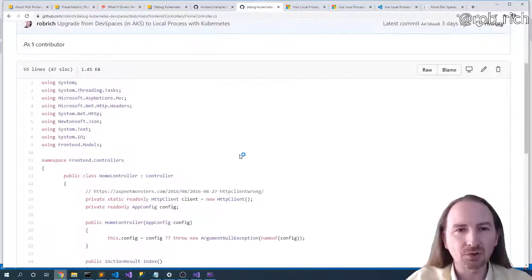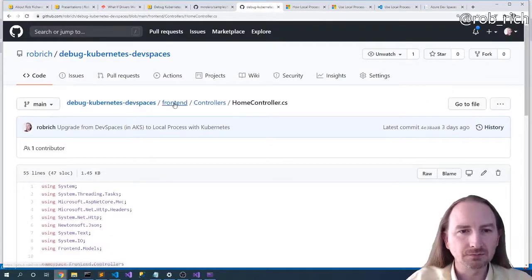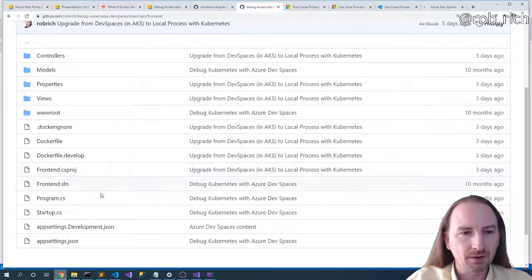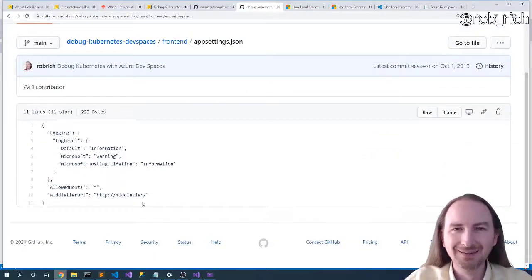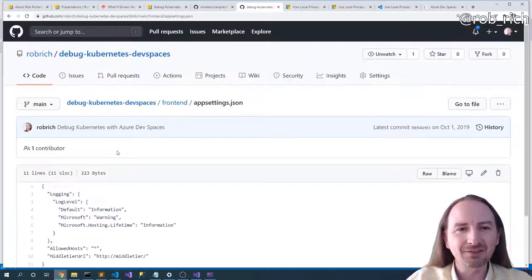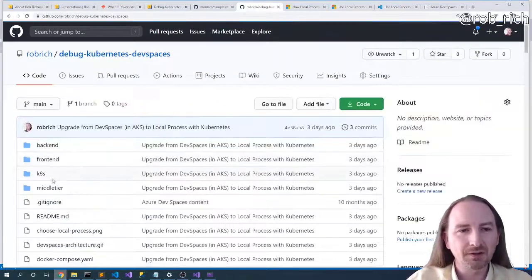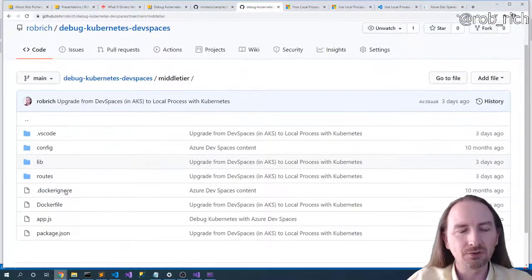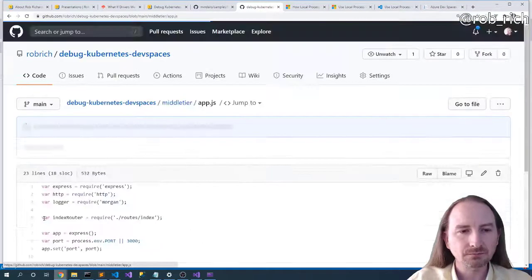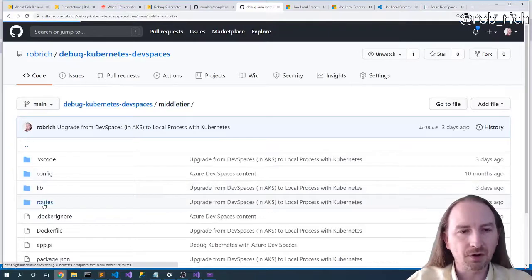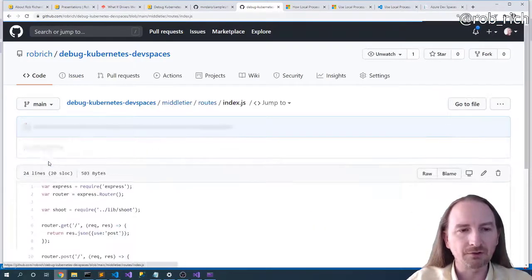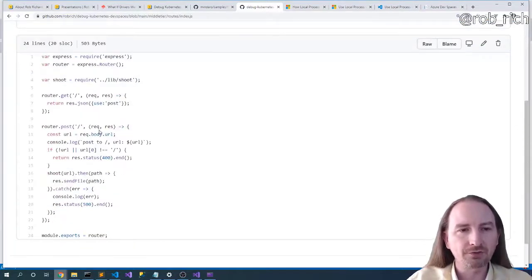And that middle tier URL is here in the front end, in the app settings. It's just middle tier. And so as it calls into the middle tier is that piece that will go do the node rendering. So here in our routes, we'll look at index.js. And index.js will just take in the URL that we're looking to render, and then it'll send it off to